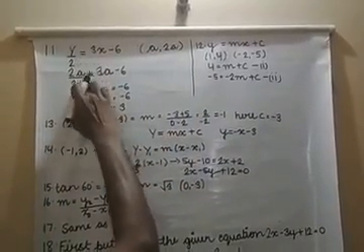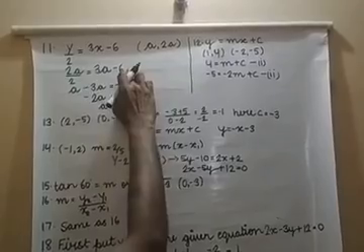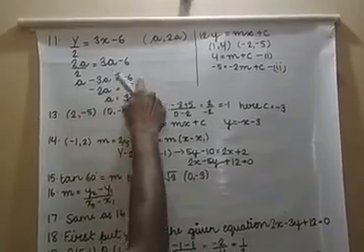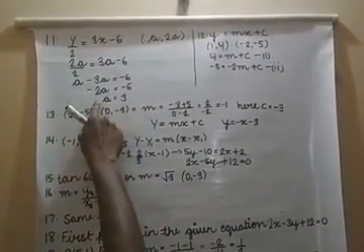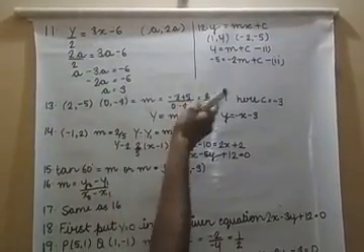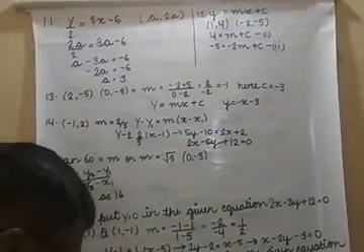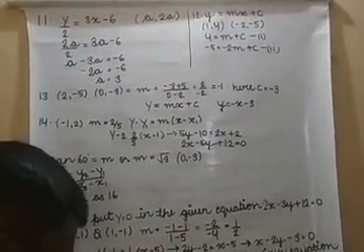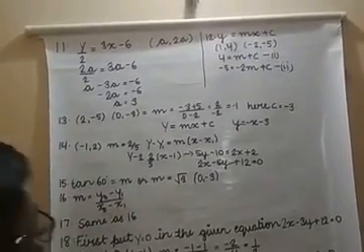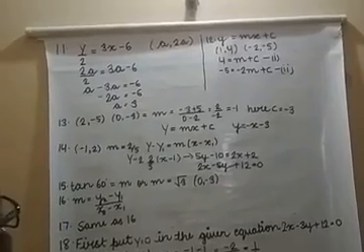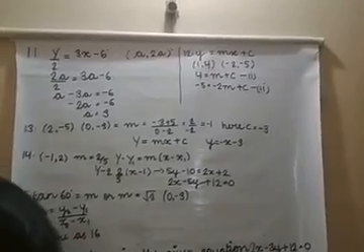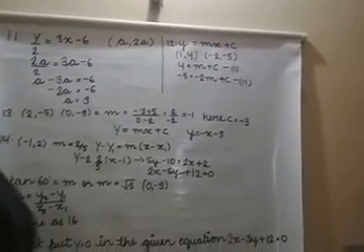So 2a/2 = 3a - 6. So a = 3a - 6. By this you are going to calculate the value of a, that is equal to 3. So what we have done in question number 10 also, we had the point (-4, 4) and the equation was y/2 = x - p. In that case also we have just replaced the value of x and y to get the value of p. In question number 11 also, the same thing we have done.